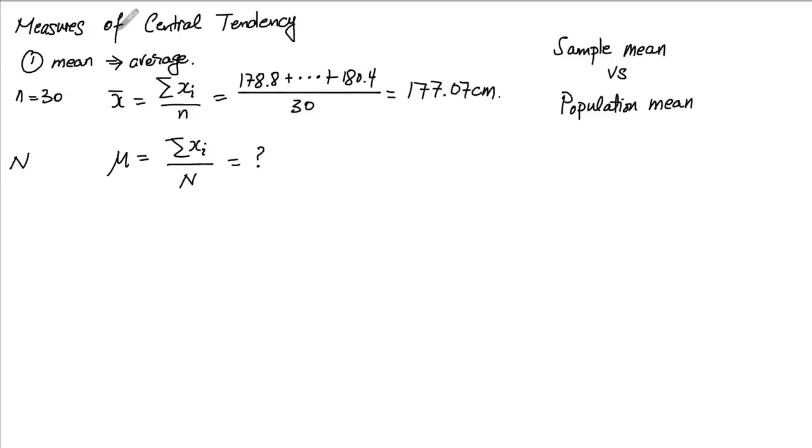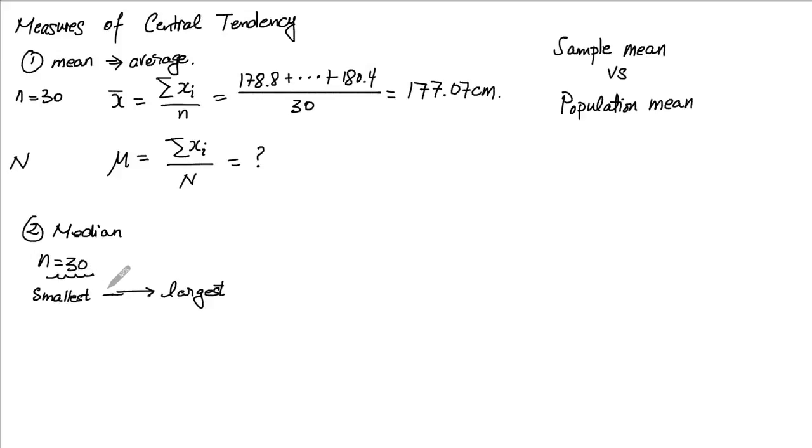Another common measure of central tendency is what we call the median. And the median is simply the middle point in your data set. In our case, in order to find the median, well, we have 30 data points. We would need to order our data from smallest to largest and select the measurement or the data point that lies right in the middle